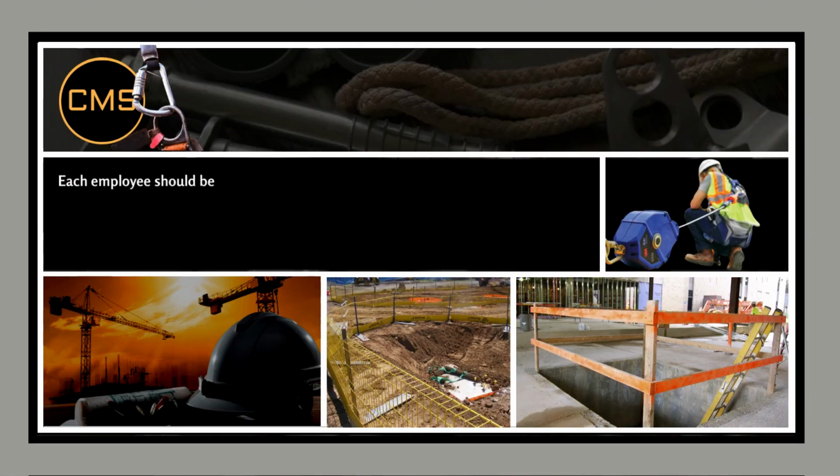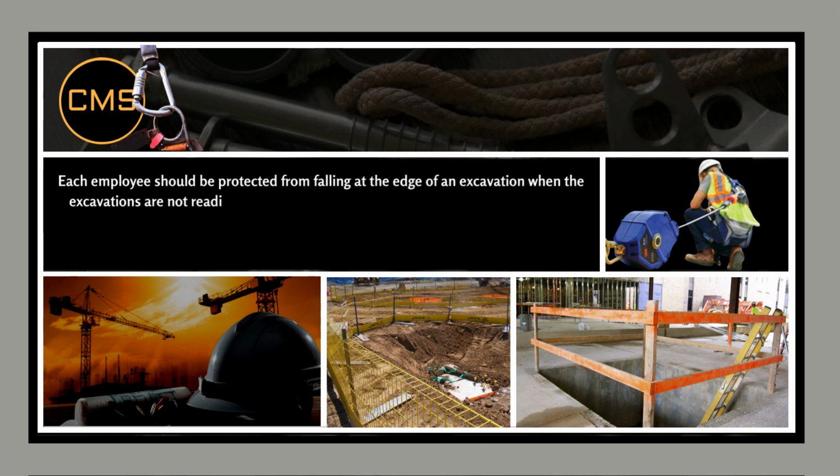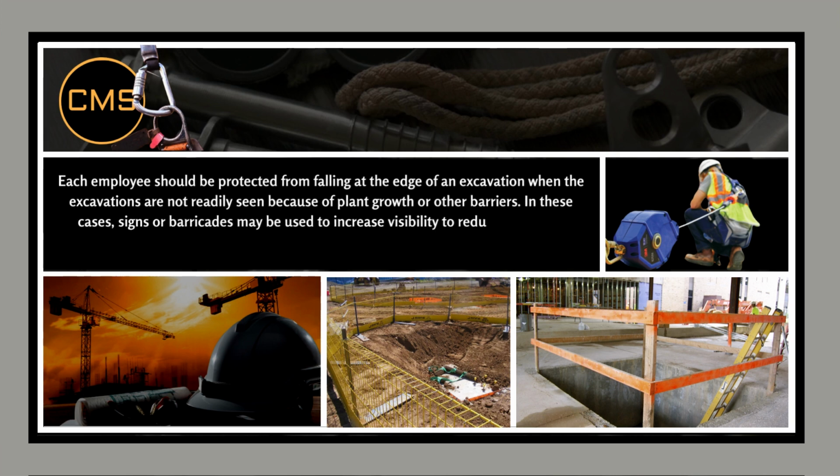Each employee should be protected from falling at the edge of an excavation when the excavations are not readily seen because of plant growth or other barriers. In these cases, signs or barricades may be used to increase visibility to reduce the risk to employees or equipment